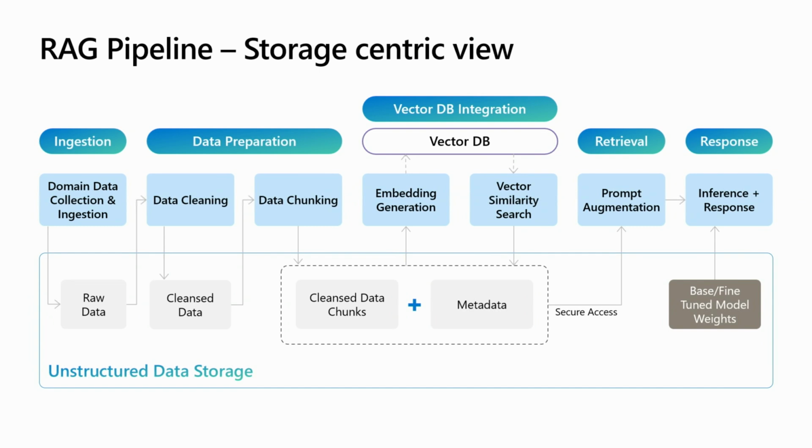What really happens when a query comes in is a vector DB gets involved, and that's where the vectors from these chunks are stored, and these vectors are called embeddings, so we generate those embeddings and store them in the vector DB. And when a retrieval happens during a query, you are basically checking the semantic similarity with the vector representation of the query and your knowledge base, and then you're augmenting that knowledge base through prompt augmentation, and then finally getting a response. So there is a lot of interaction with the unstructured data storage platform, which is where